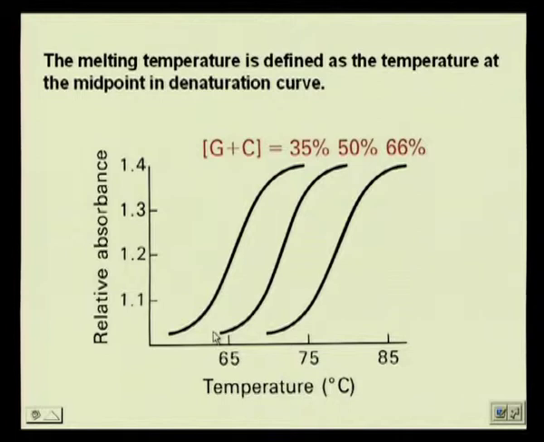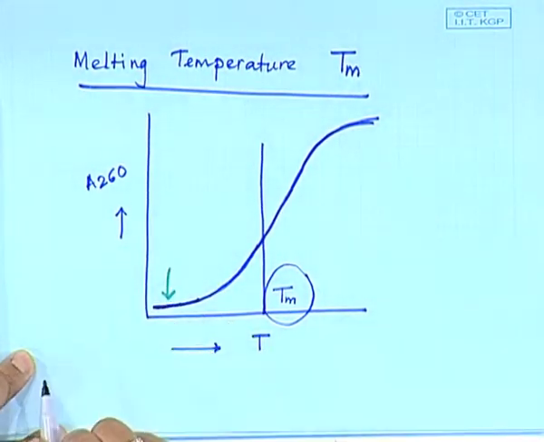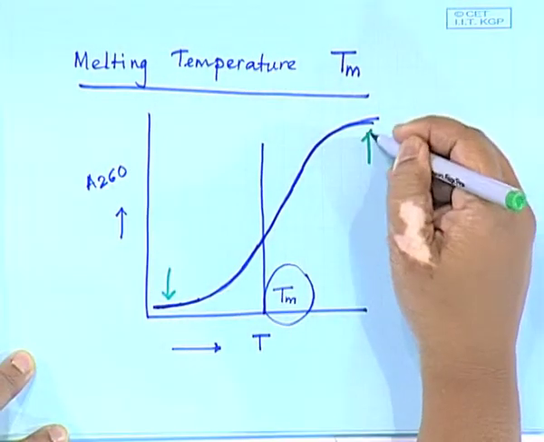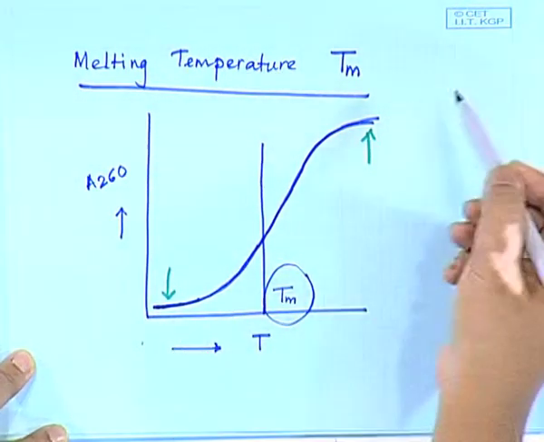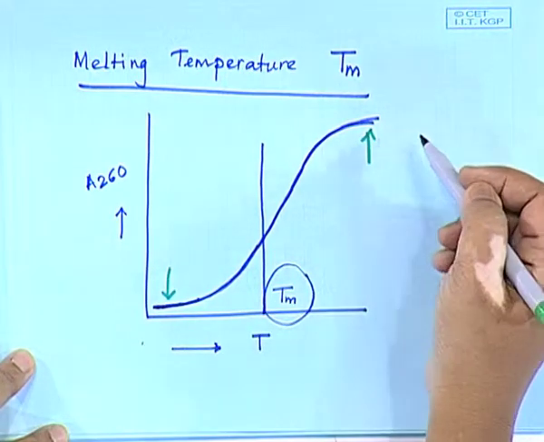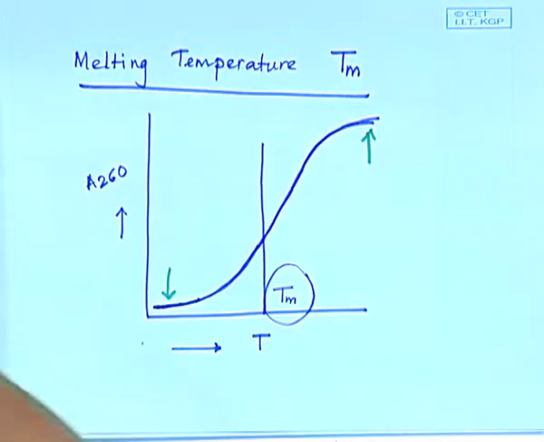Now, we have different melting temperatures. This is what we would call then a denaturation curve, like the one I showed you here. What do we have here? A denaturation curve. Why is it called a denaturation curve? What do we have here? We have helix, here we have coil, here we have double strand, here we have single strand. So, we have denatured it. So, this is a denaturation curve and the midpoint of that will give me the Tm. Now,